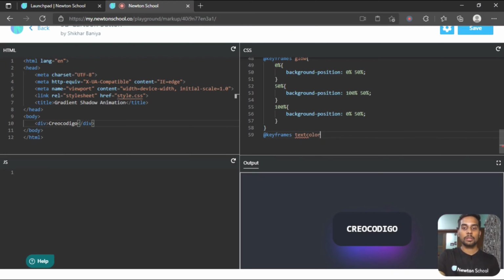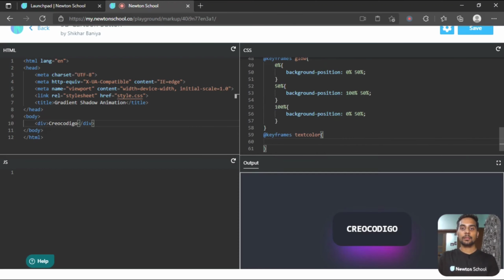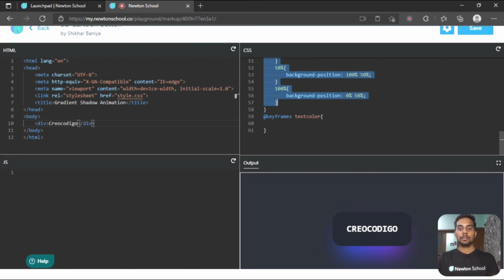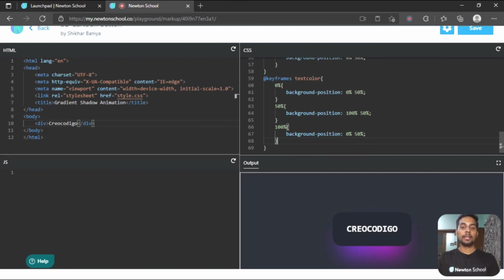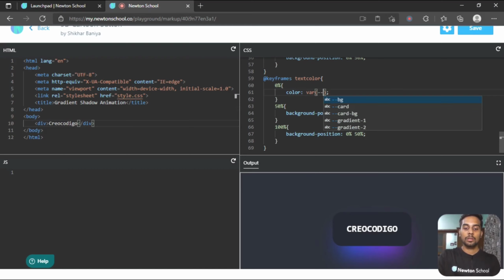Now inside this, like we did previously, we have to tell the animation what to do at 0%, at 50% and at 100%. I just want to change the color, so color will be variable gradient 2. As you can see, when the animation starts the color is blue.